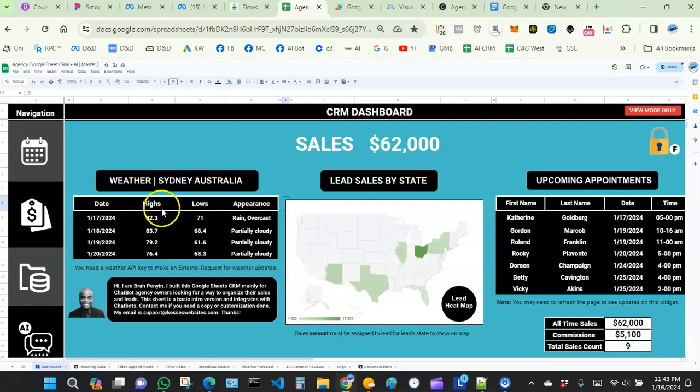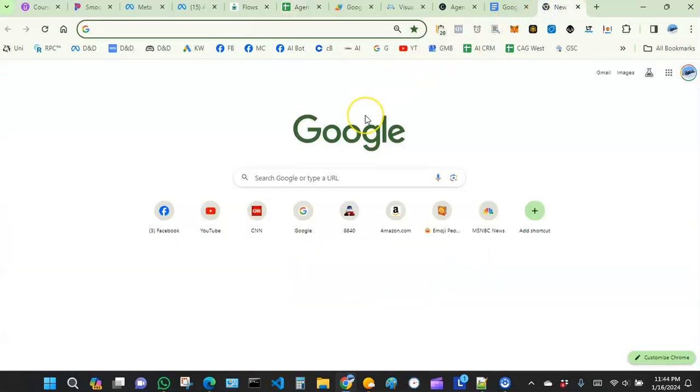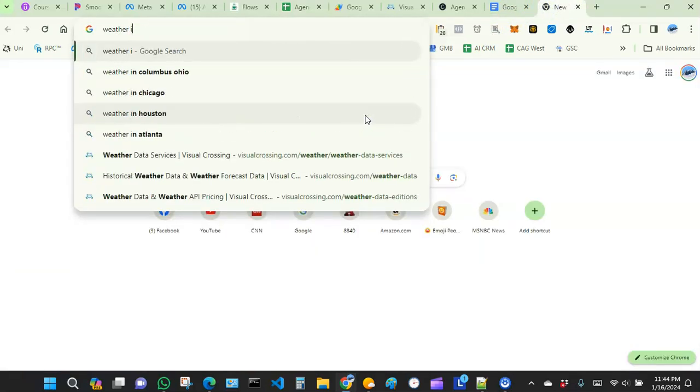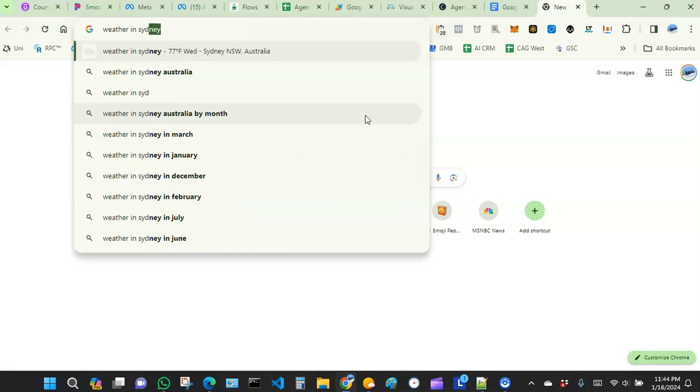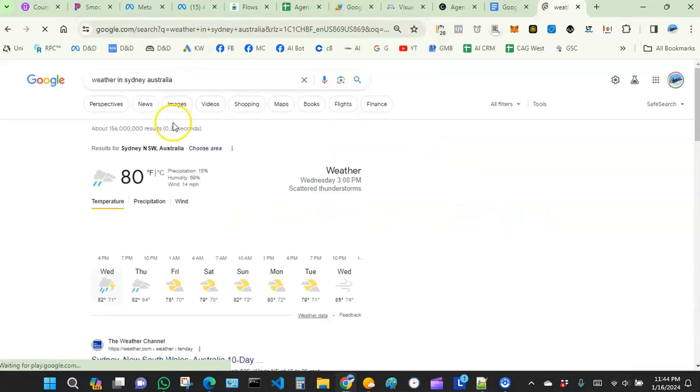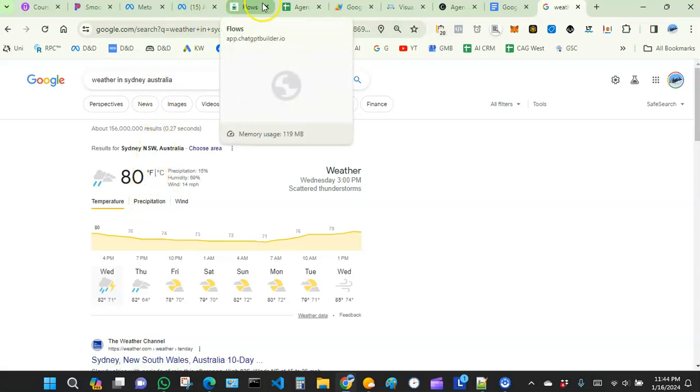Now, I think Sydney uses Celsius, but what Visual Crossing does is, because I'm in the United States, Visual Crossing converted the weather in Sydney from Celsius and showed it to me in Fahrenheit. I'm thinking that's what's happening here, right? Let me check the weather in Sydney, Australia real quick. Okay, so the weather, yep. So here is the Fahrenheit, which I believe is what